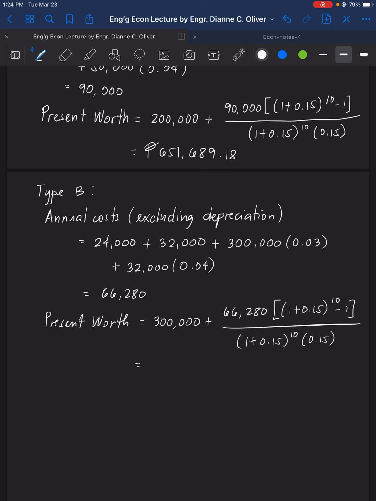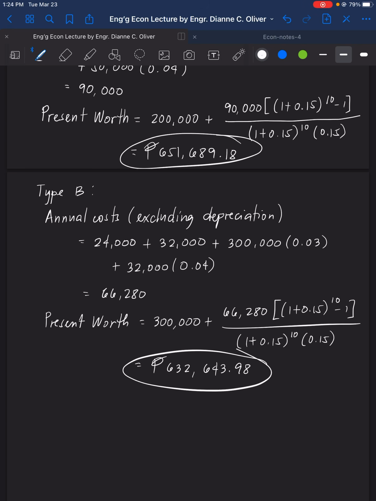Therefore, present worth for type B is 632,689.43.98 pesos. So from the two, comparing type A and type B, you can see that